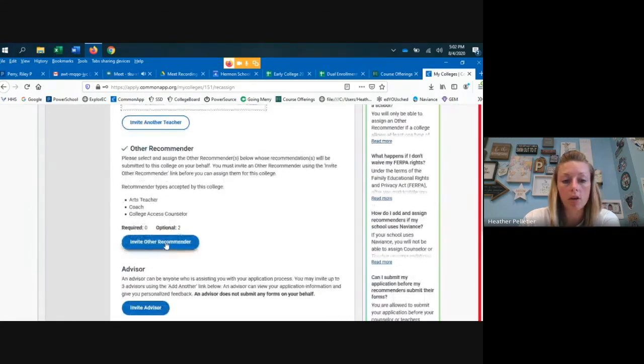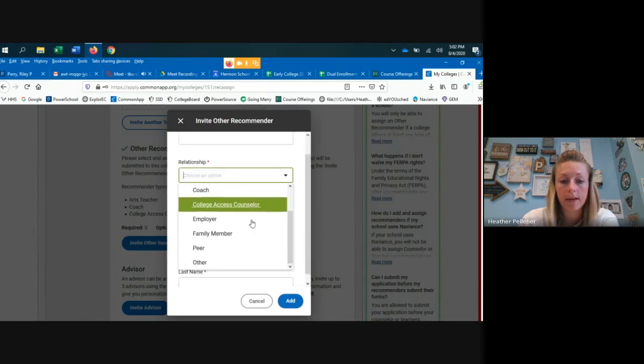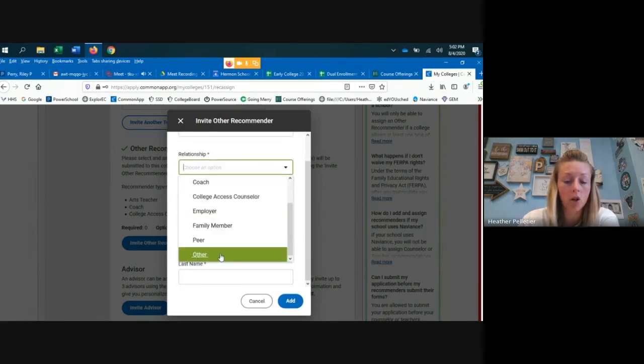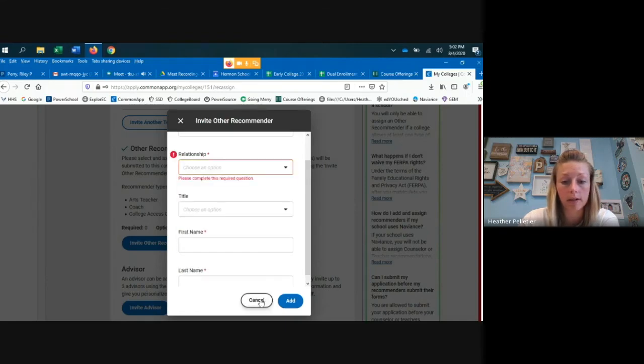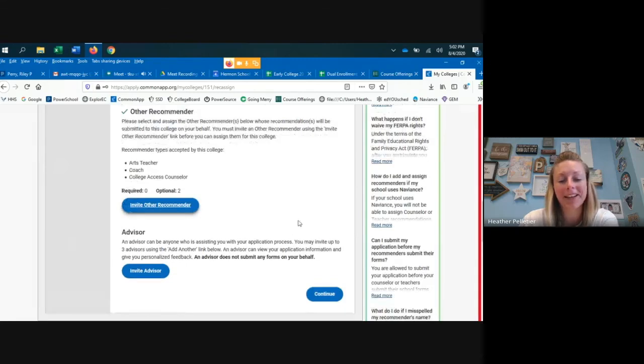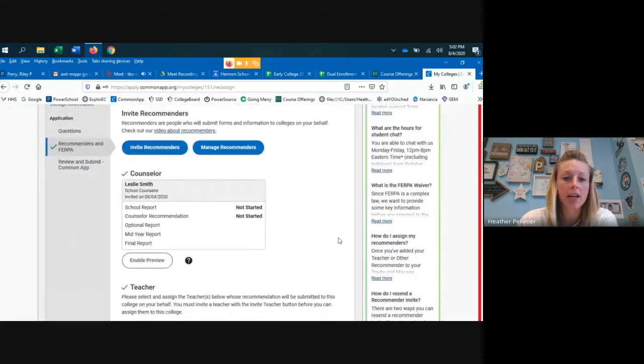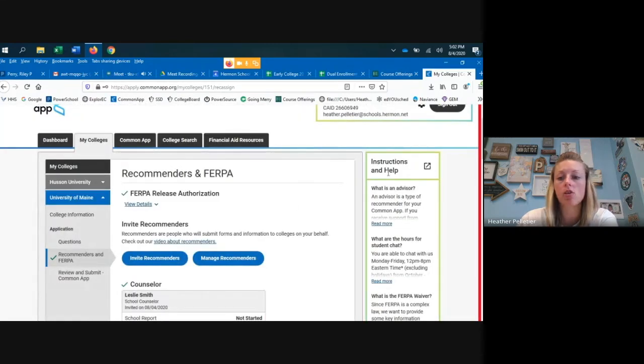You can also invite your other recommender, choose relationship, and you can say other. So when all else fails, just select other and then add a person for that recommendation. And then you will be able to attach them. I hope that's clear. This section was a little bit convoluted because we had some loading issues with the page, but you can certainly use the instructions and help and use different tutorials to help kind of work through and